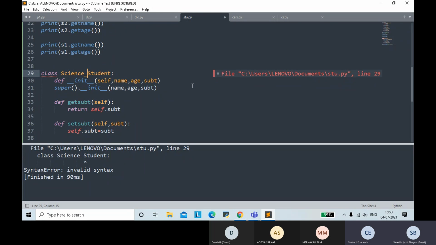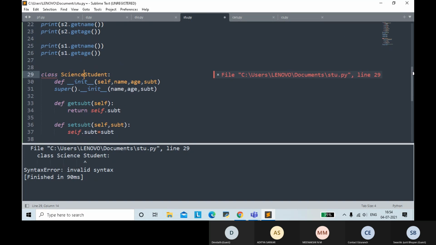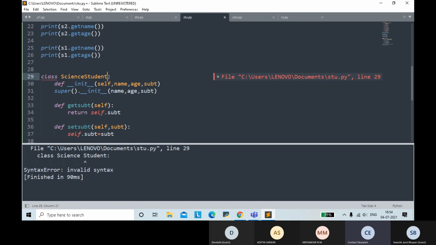Yeah. So how do you extend a class? No. Just don't give underscore. Just say science student. That's good. Remove underscore. Okay. How do you extend a class? Don't give a space. Just leave it like that. Yeah. Go to the end of the line. In the parenthesis, you should. No. In the same. Scroll up. Yeah. On line number 29, you have to give in the parenthesis. You should take student. That's how you extend. That's the syntax, right?